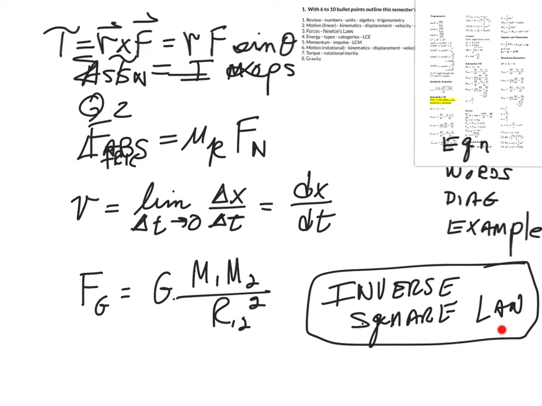It signals an inverse square law where the force gets weaker as 1 over the distance squared. So if you go twice as far away from the center of the Earth, the gravitational force is going to be 4 times weaker. And this holds true for any point mass,